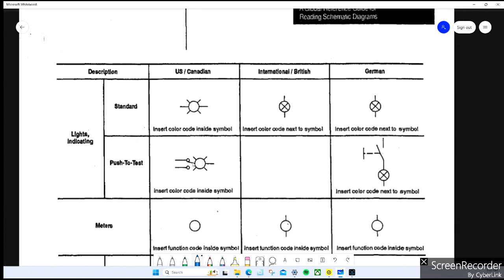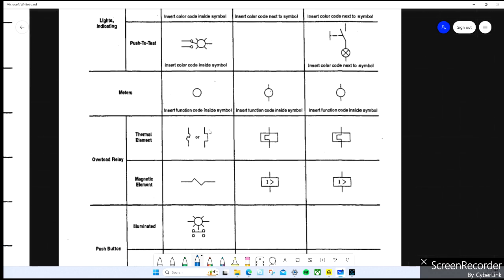Push to test. Basically, I don't know if any of my listeners here do industrial work, and they have the option on a control panel on the front that says push to test, and they push it, and all the lights turn on. That's basically just kind of a PM thing, so you can see which light bulbs need to be changed. Nowadays, everything's LED, but still, same idea. You push it, you're actually turning the light on instead of whatever is ahead of the circuit in its normal state. It could be an output or a contactor turning the light on. You can manually override that and just turn it on yourself. And again, that's a good way back in the day of troubleshooting which light bulbs are burnt out, so that you can do your PM on the panels. Meters, thermal elements, so like in a motor starter,